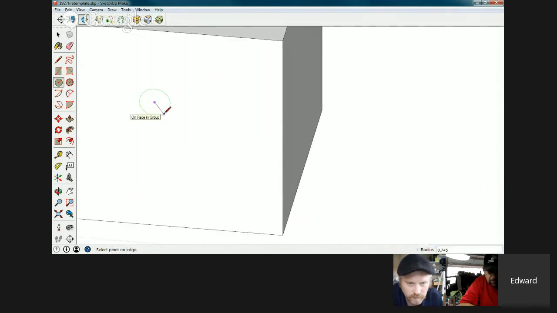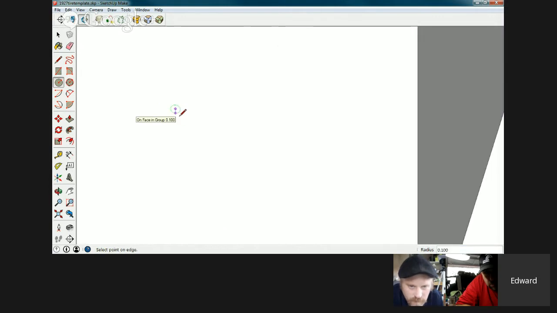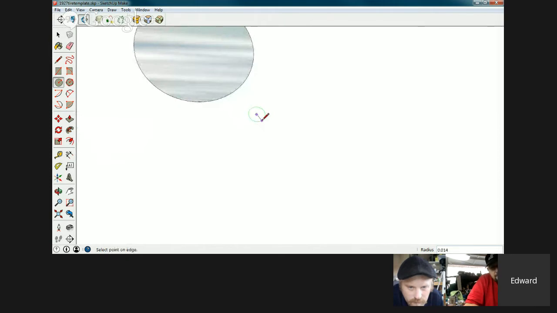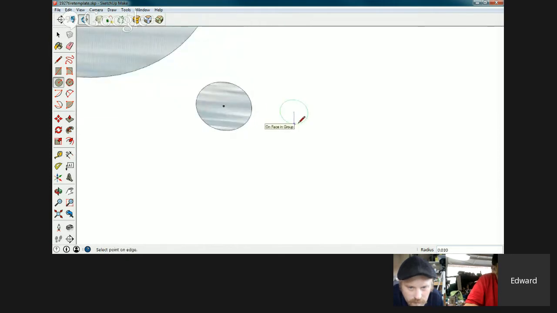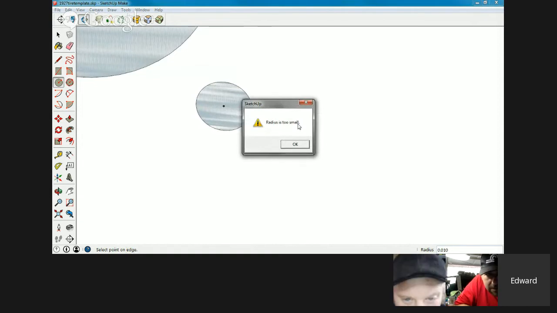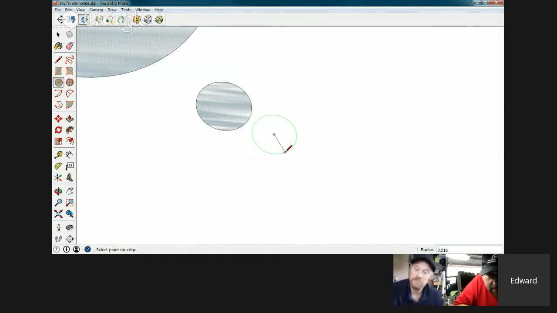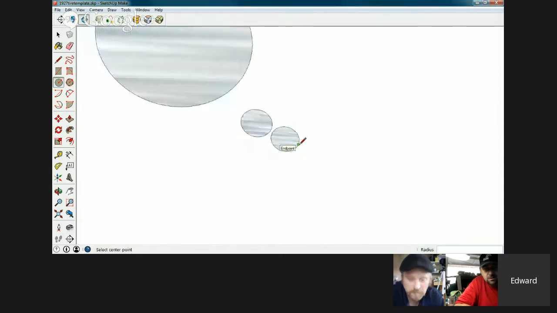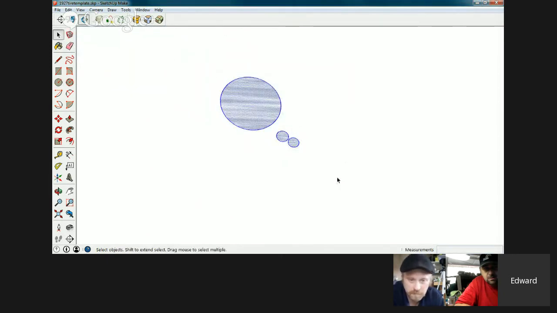If I go in smaller, 0.7 whatever works fine. If I go smaller, I make a thing that's 0.3 or 0.245. That works. But what if I go 0.1? What if I go, and we're going small. Let's go 0.24 works. But 0.10, it says radius is too small. I cannot make a circle smaller. I can make a 0.018, but I cannot make a 0.017. That is a problem because